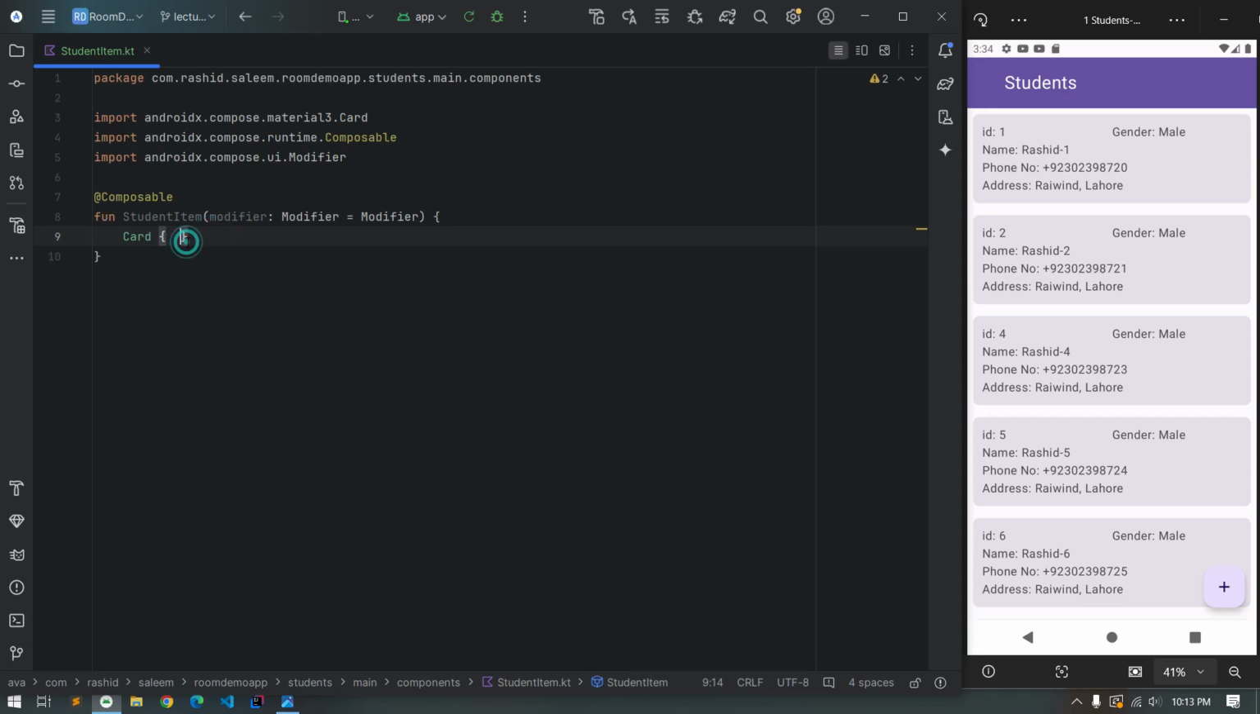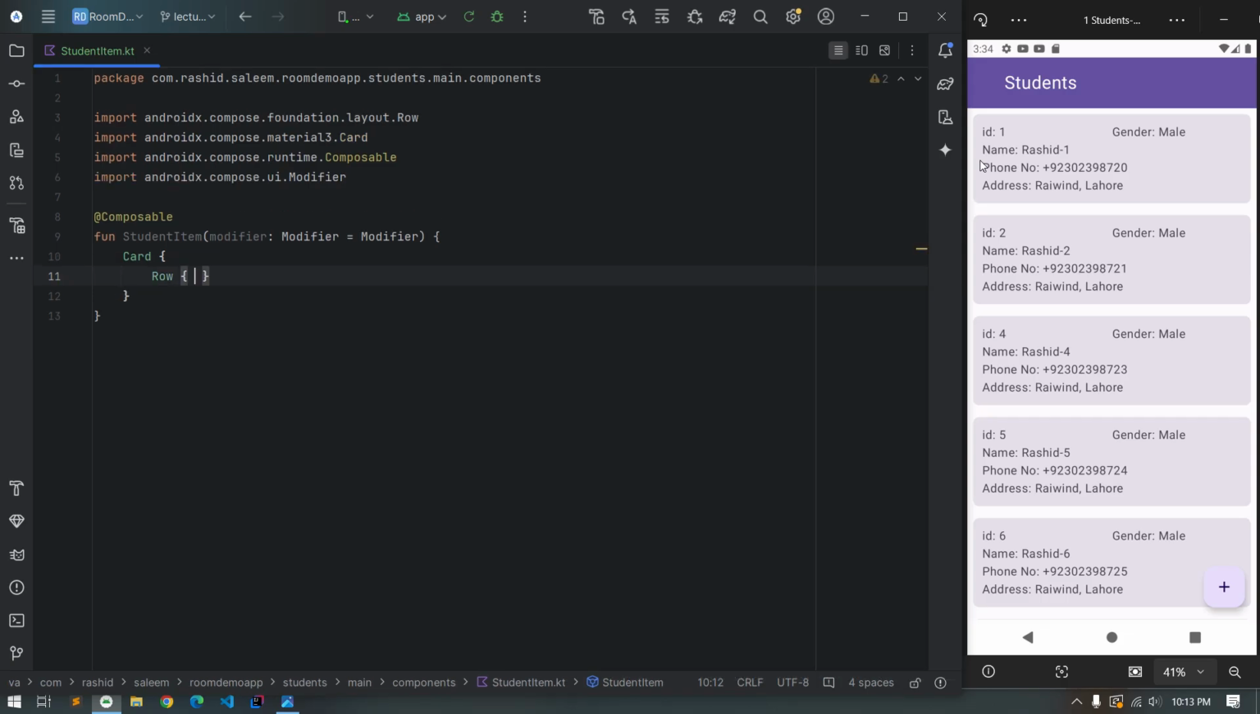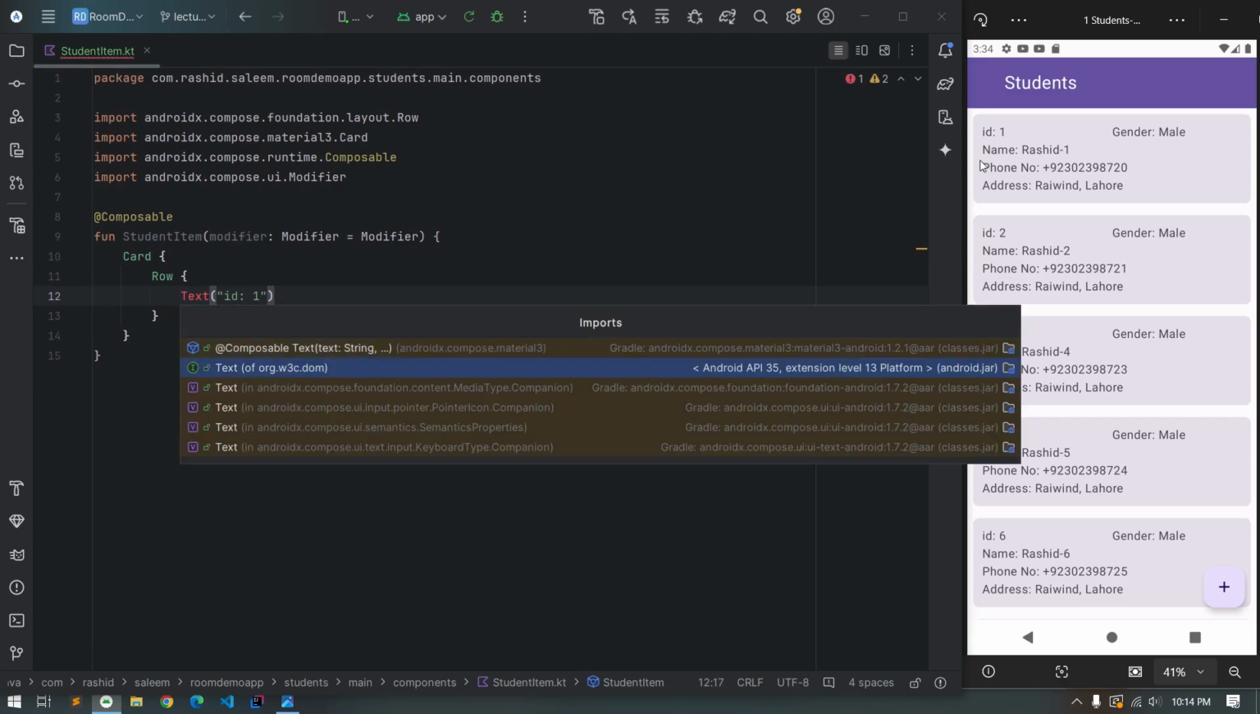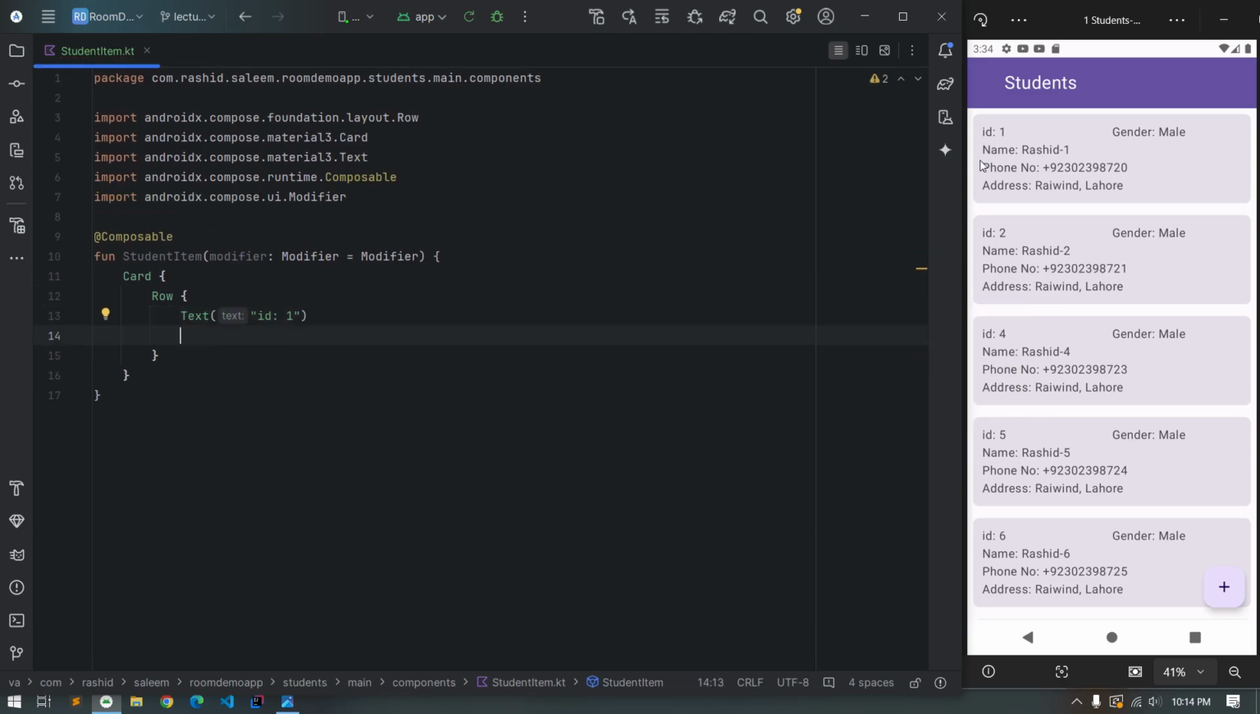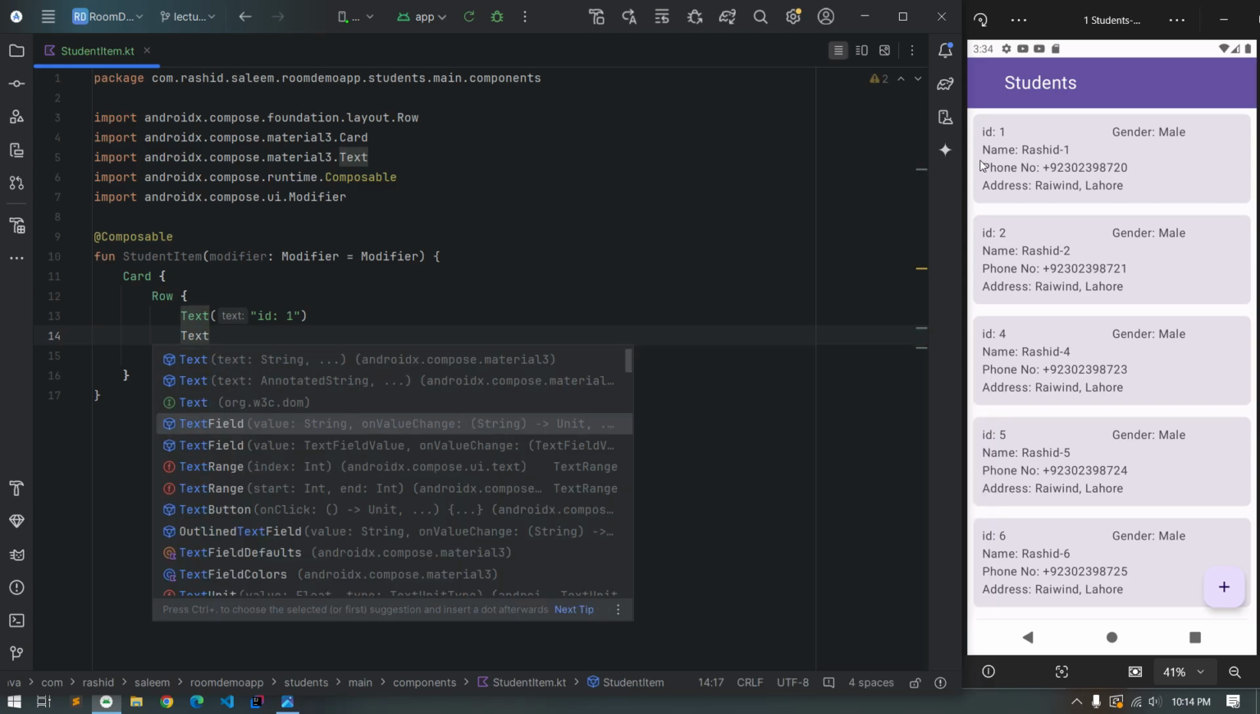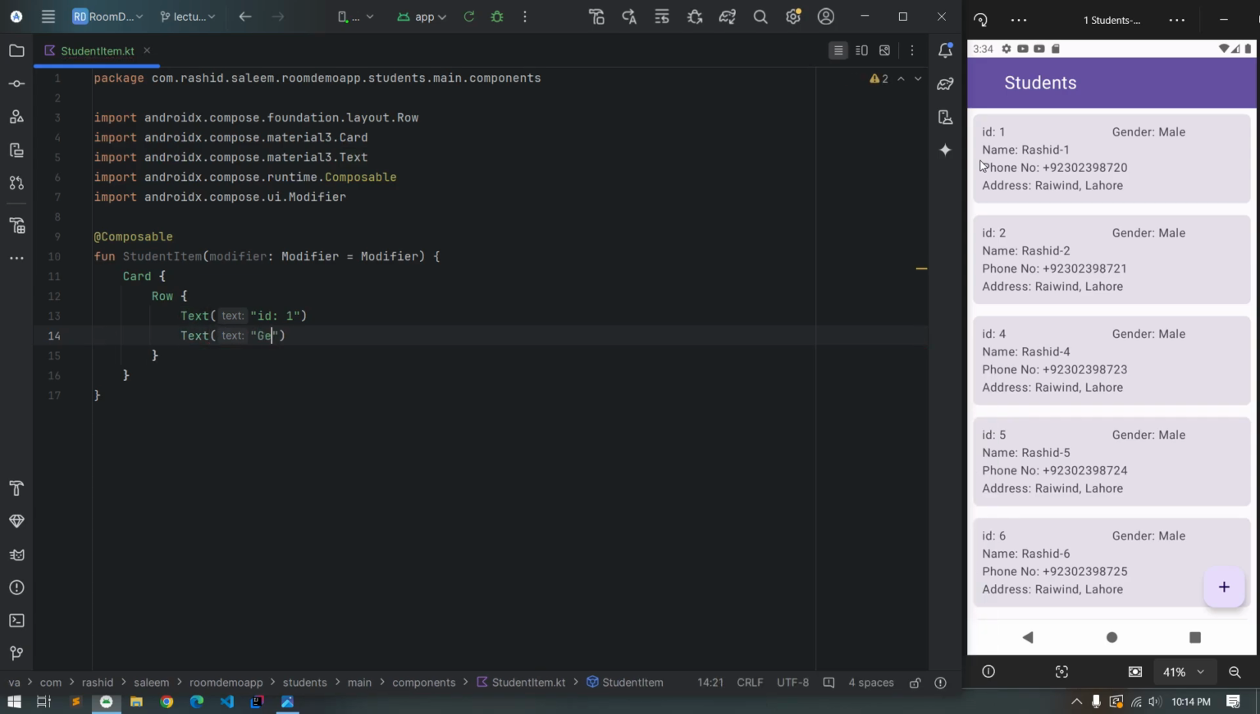Okay, so this card, and in the first row we have ID and gender, and then we have name, phone number, and address, and this is a row. So in one row, for that we will use row composable. First one will be ID, and second one will be gender,